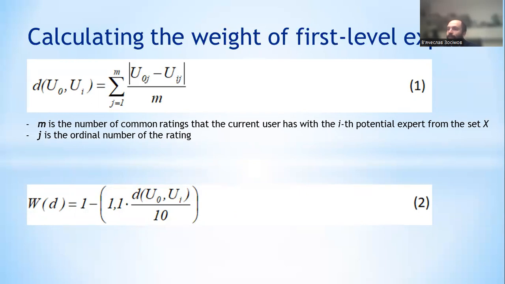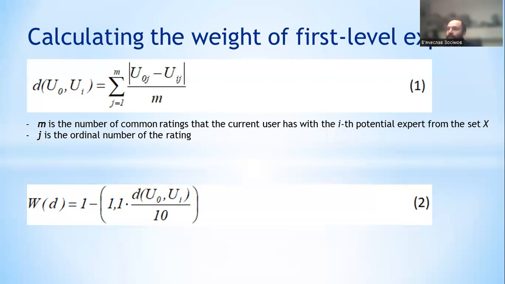The quality of the connection is evaluated using the Shewhart chart. Candidates with high and very high connection strength are selected as experts. The weight of experts Ui relative to the current user U0 is